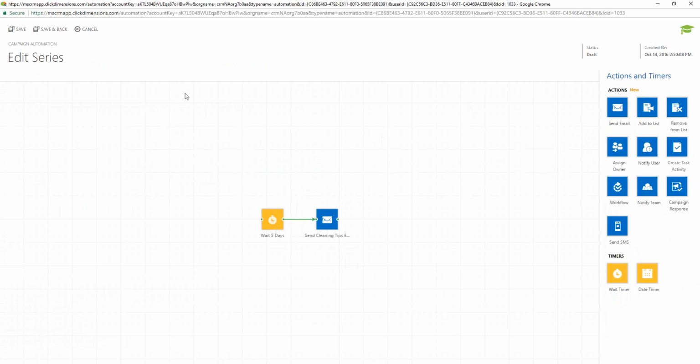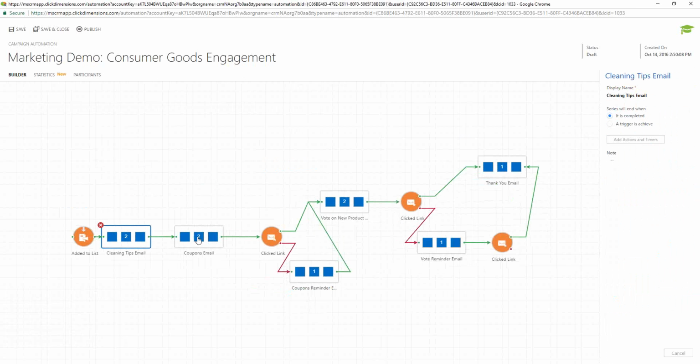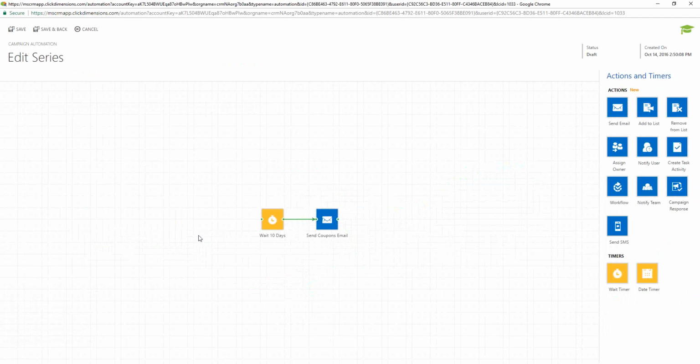We have multiple options with notifications and everything, but we're just going to send them a quick email. Then, without any type of interaction, we don't care whether or not they're opening and clicking on it. We're going to wait another 10 days and we're going to send another email with a coupon, letting them know if they sign up now, then they will receive 10% discount